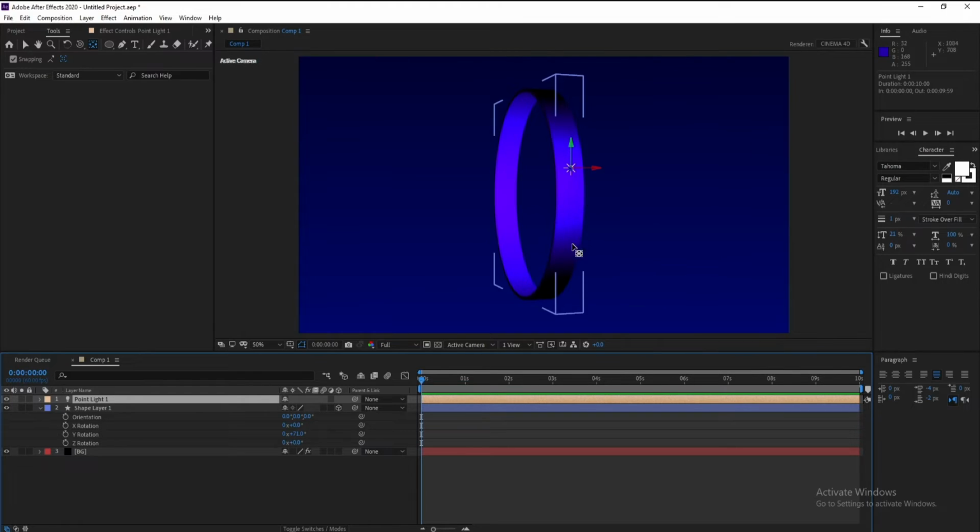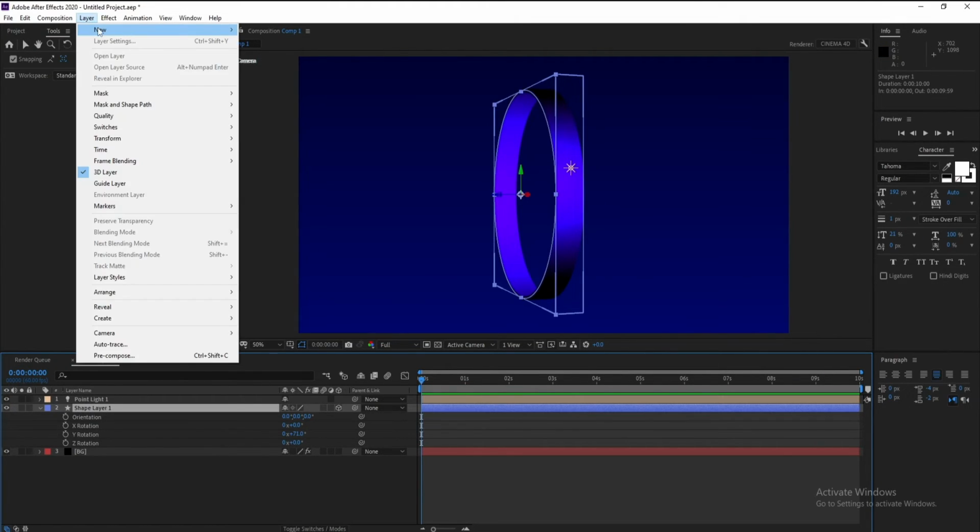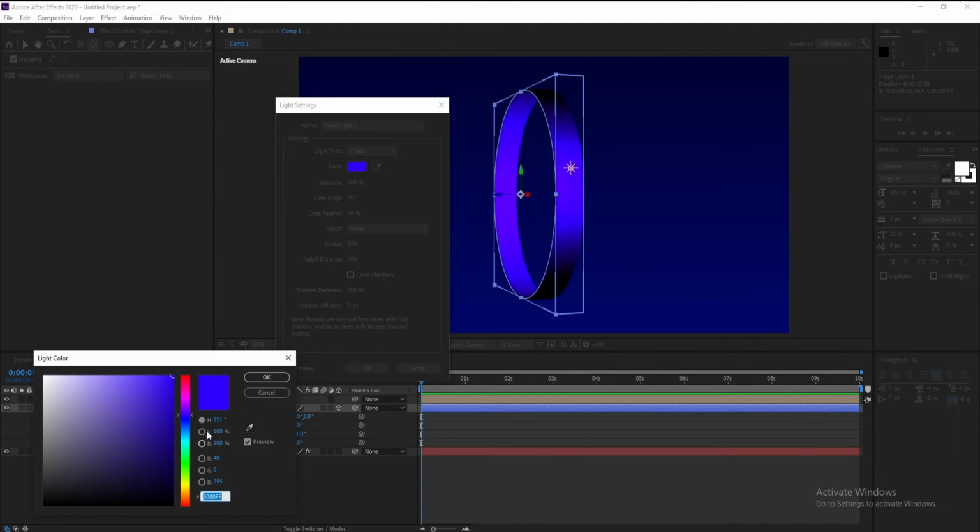To make it highlight, I'll go again to layer, new light again, and change this color, maybe pink, it will be good, and